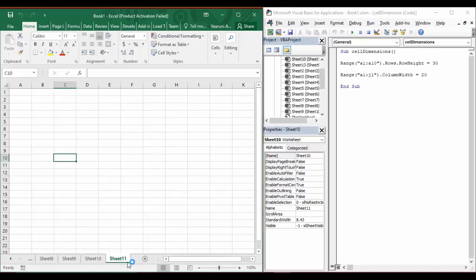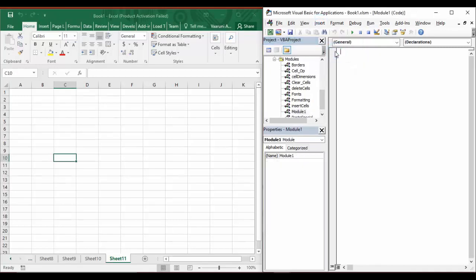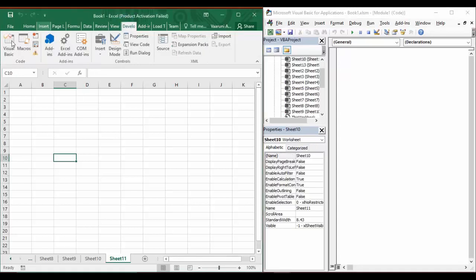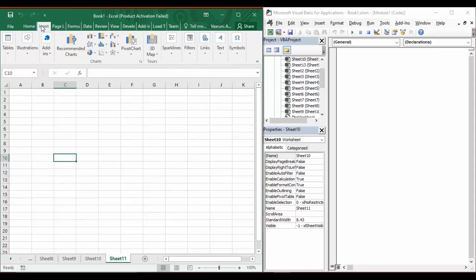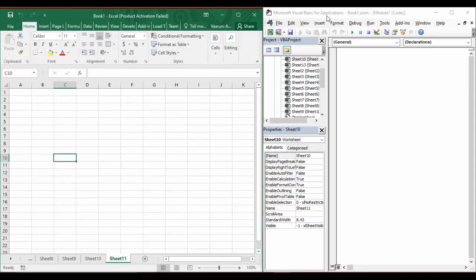I have got a new sheet named Sheet11, and let's create a macro for this purpose. In the VBA editor, you go to the Insert tab and insert a module. Now if you are wondering how to get this VBA editor, the simple shortcut is Alt+F11. Once you have opened Microsoft Excel, you can press Alt+F11 from your keyboard to bring out this VBA editor. Or else you can go to the Developer tab, and here is Visual Basic, which you can bring up as well. So this is our VBA.